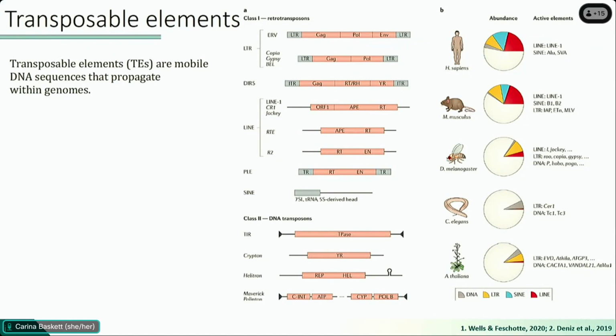But as we will see, these percentages might change over time, and also depend a bit on the parameters you use to classify them. But yeah, they make up big parts of the genome in many species, and if we want to understand evolution, I think we should also look a bit at them because they have been neglected for a long time. At the beginning, when Barbara McClintock discovered them, she was dismissed for the first years. Nobody believed that there were these elements that were moving around, but after a while, she managed to convince the